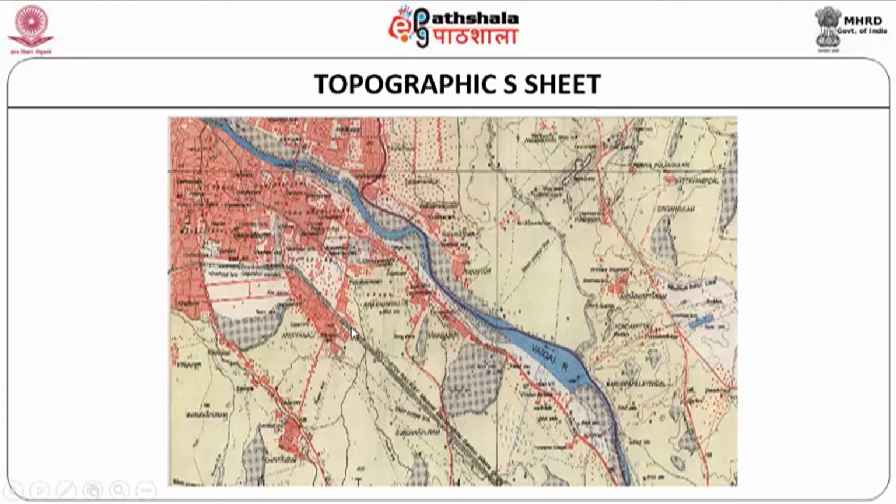Now you can find that it contains various details apart from water bodies and vegetation, which is normally shown in, say, a yellowish color, and then you have settlements shown in red color, and water bodies which may be shallow or deeper in nature, or with water throughout. All these things are shown in a topographic map. From this, we can extract more than one layer. So a topography sheet is a very important input.